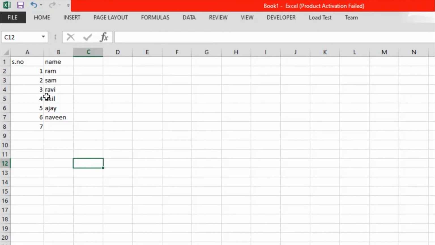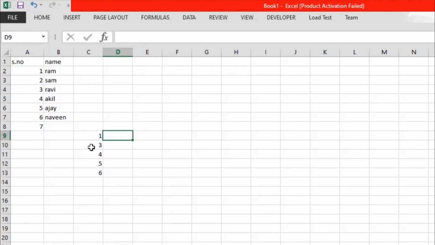Now we will see about the range of the cell. As we have learned before, the address of this cell is A1. When we are selecting a range of cells over here, we'll see the range of cells is A1 to B8. Now we'll learn how to insert a value. For that we'll type in certain values over here. Okay, here we have missed out 2.